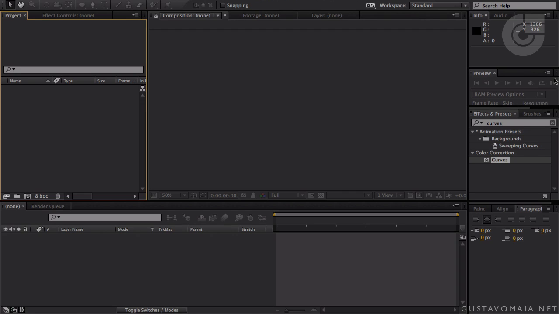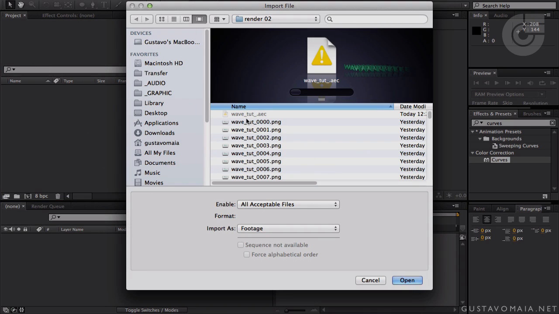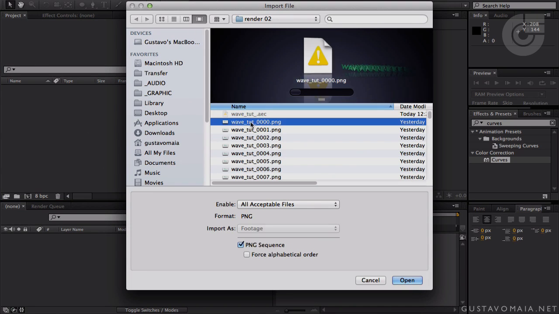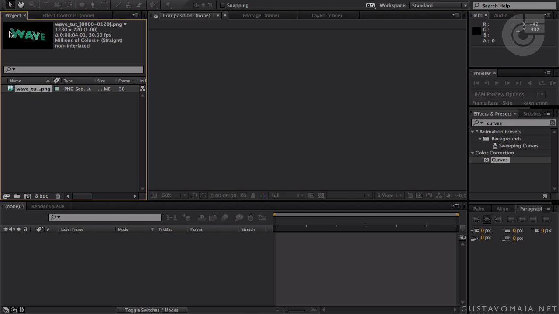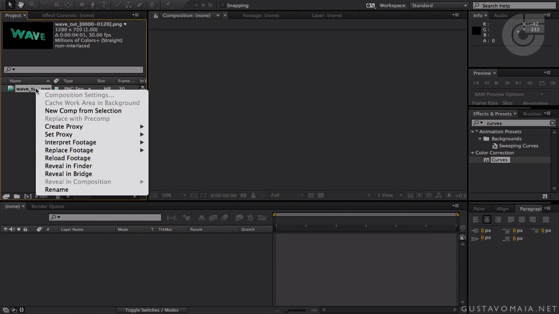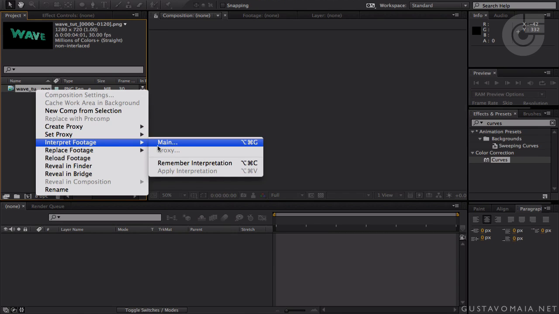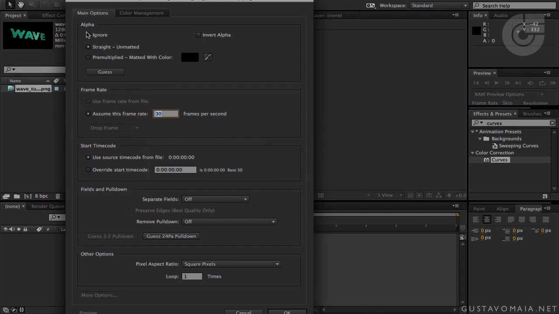Okay, so let's jump into After Effects. And now that our render is done, let's double click on the project tab and select our first PNG. Make sure PNG sequence is checked. Click open. Now right click on it, interpret footage, main. Make sure the alpha is set to pre-multiplied, made with color black, which is okay, and the frame rate is